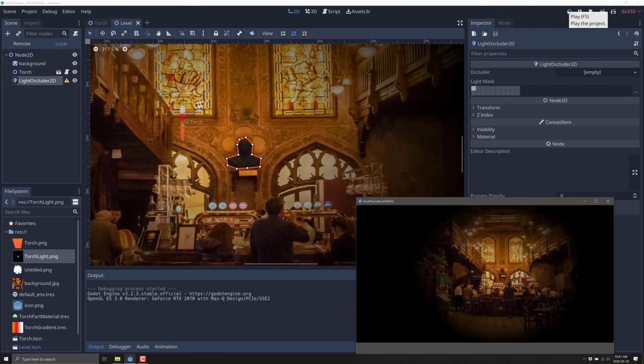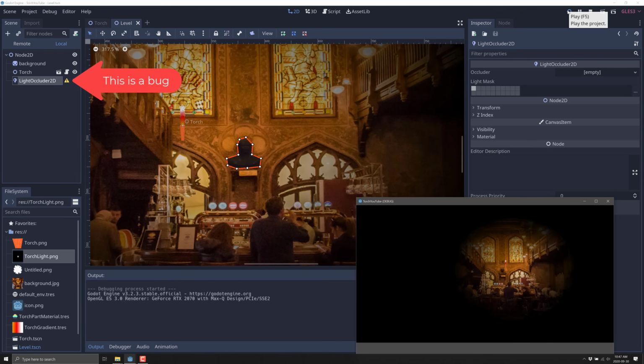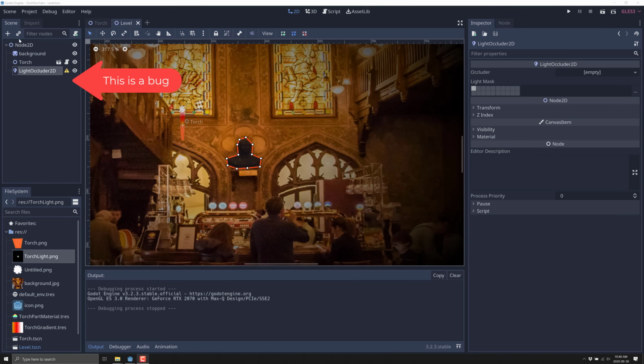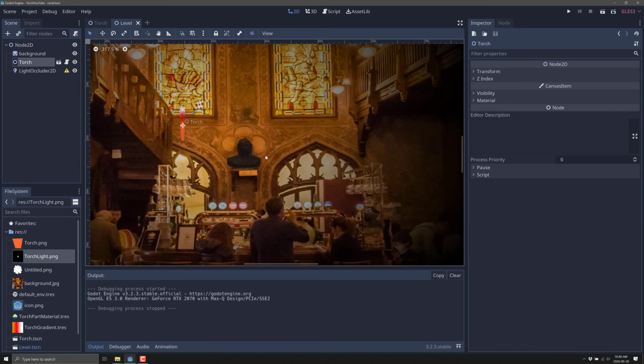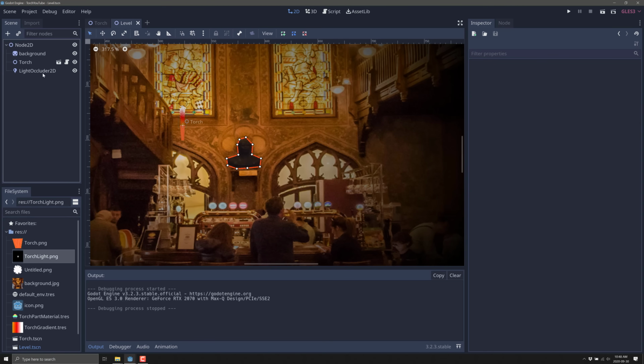And you will now see as I move the light around the scene, it's not working in this case. Why are you not working? One second. Oh, it doesn't seem to have taken, even though I've drawn the polygon. All right, so come up here, occluder polygon. I don't know if I'm getting into a bit of a bug here. So it is now there. Okay, it's gone. I don't know what just happened there.